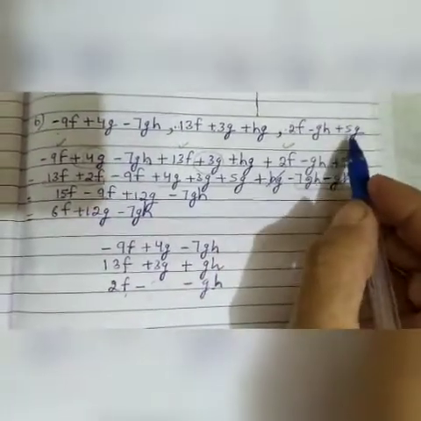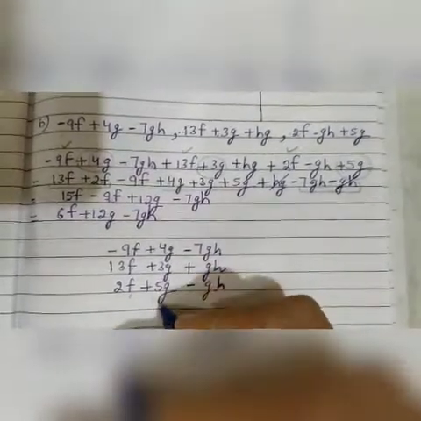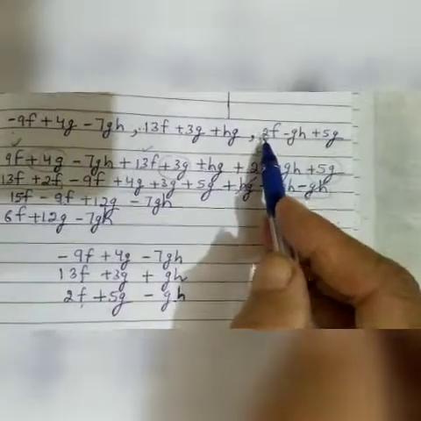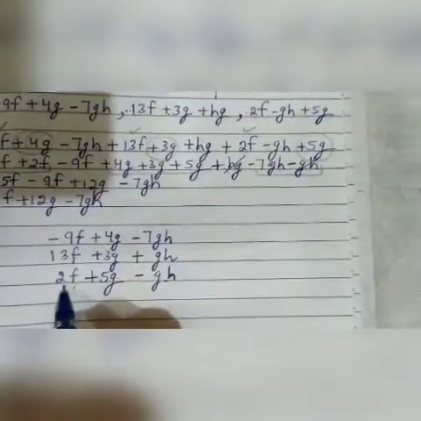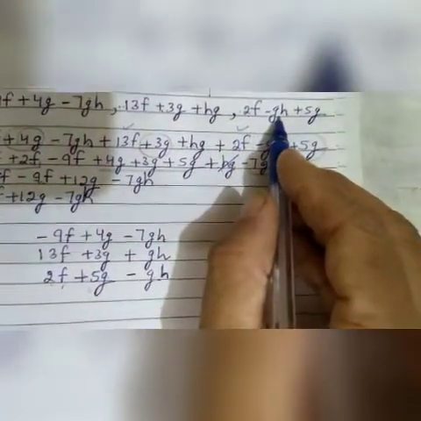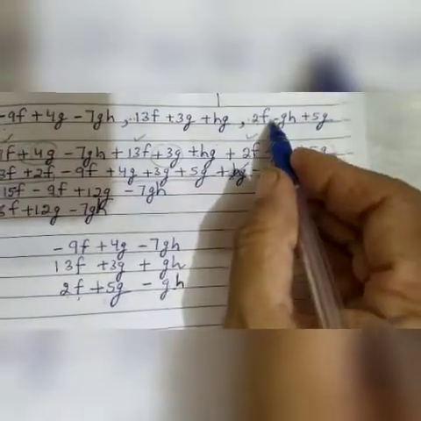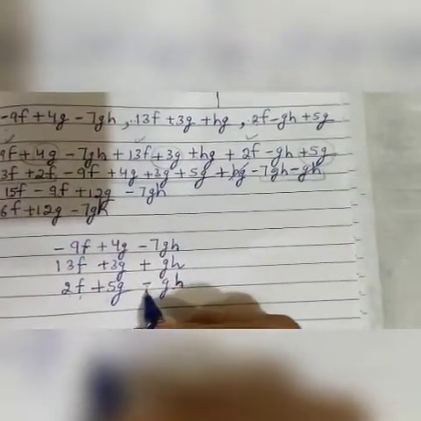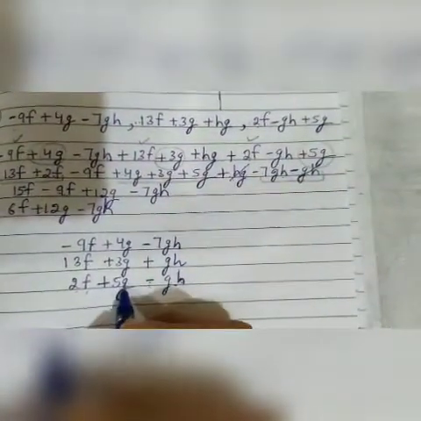Now what is left? It is left plus 5g. Plus 5g will be written here like this, g, g, g, and we will take the same sign. See here again this algebraic expression. This is 2f. We will write below this 2f. Then this is minus gh. We will write this minus gh below this gh. And it is minus gh, so we will write it minus gh. We will not write it plus. Then plus 5g plus 5g.